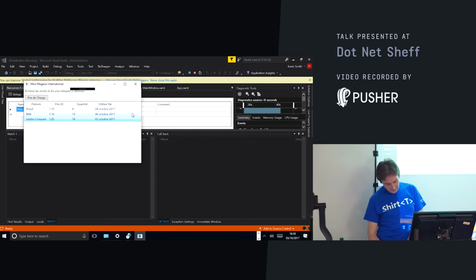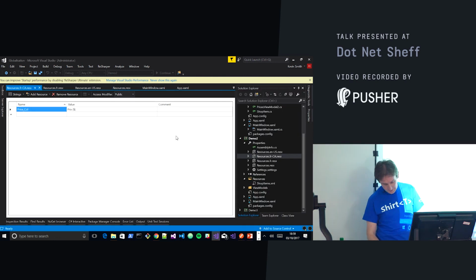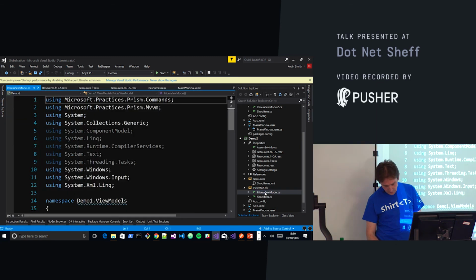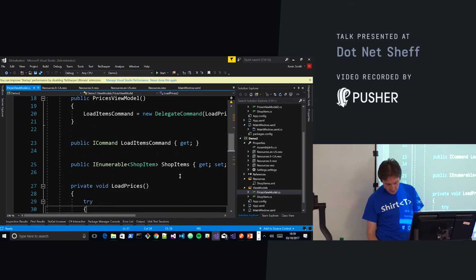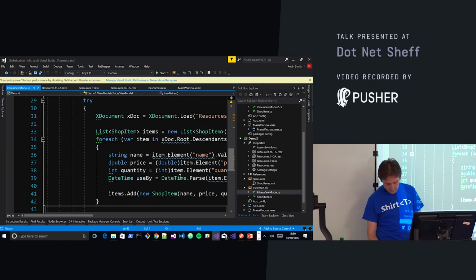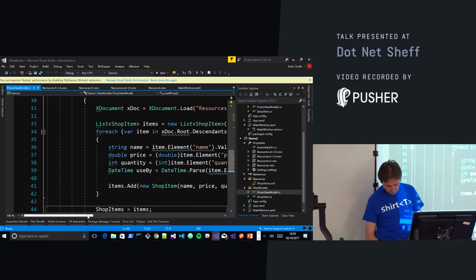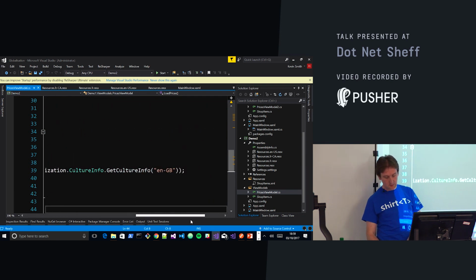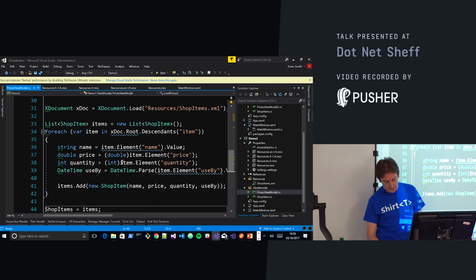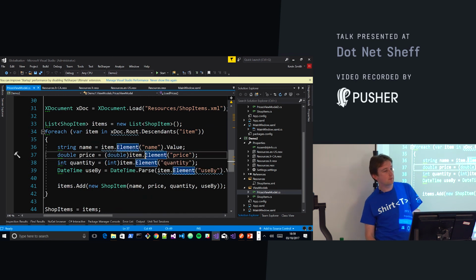And if we look at how we're parsing this, we are still in the view model, we're still parsing the ENGB date format. So we're still doing this as the ENGB culture. By the way, this is the nicer way to parse a double and a date time as well, if you've got it in the right format. This will do the right thing. X.ToLink will take the value, parse it in invariant culture and return you the correct double. So that's a much nicer way to do this.